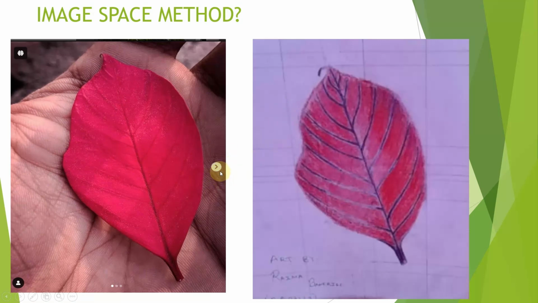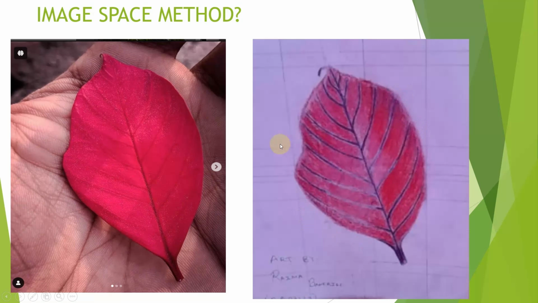For example, here is a painting of the leaf, by taking this image as the reference image. The most realistic version I could produce was this one.